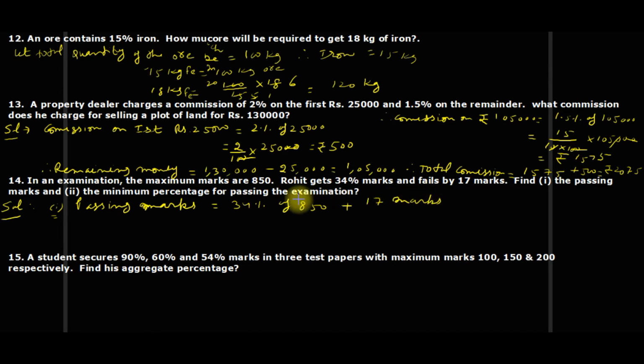So 34% of 850, 0 cuts 0, 5 2 ja 10, 17 2 ja 5 1 ja 5, 5 7. So total marks, sorry, passing marks would be